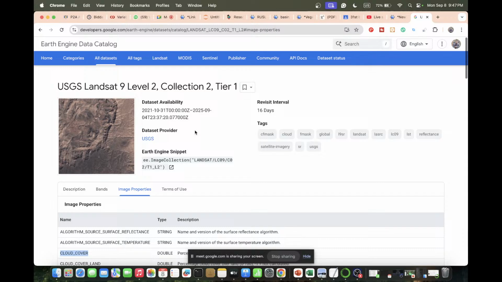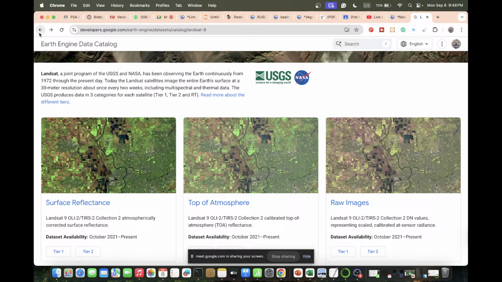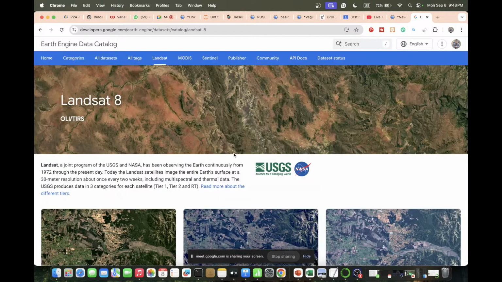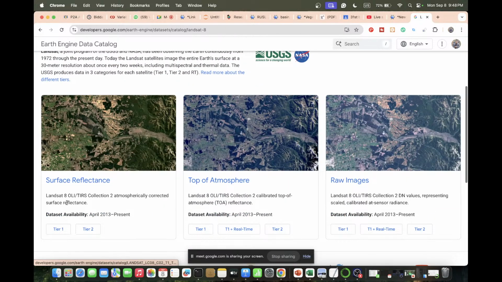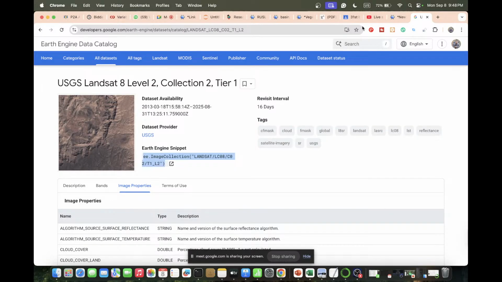So just click on here, go back, and go to Landsat 8. Click on Landsat 8, and if you click on the surface reflectance for Landsat 8, just copy the snippet ID of Landsat 8 and paste